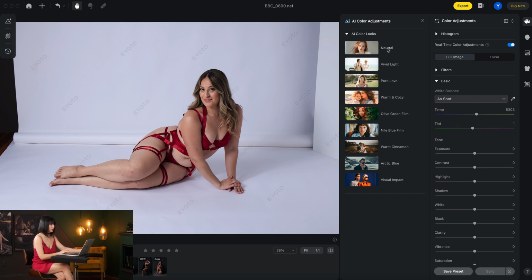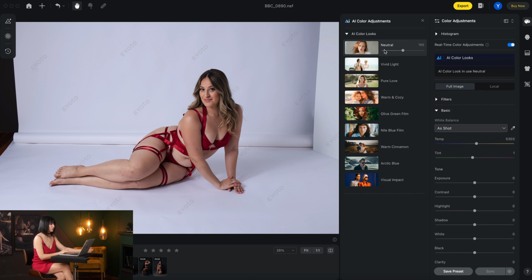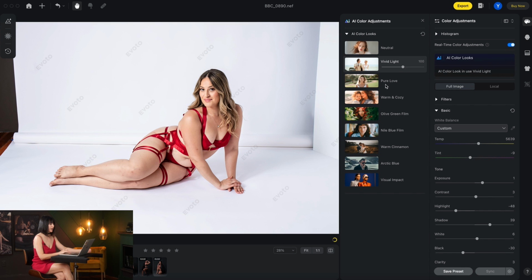Also, it has AI color looks that are pretty cool, like neutral, and you can see how my image is changing. Vivid light, pure love, warm and cozy. I personally like this warm and cozy. That's what I picked when I was editing my image. I'm gonna go through all of them so you can see how they look. So depending on your style and depending on the image style, I would say you pick one of the